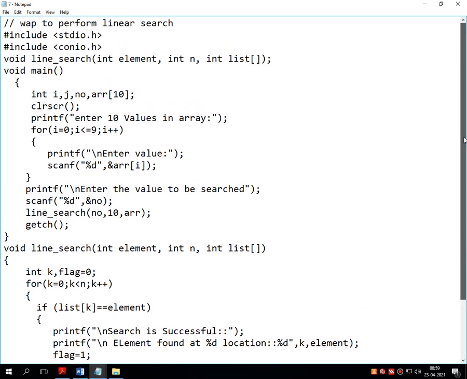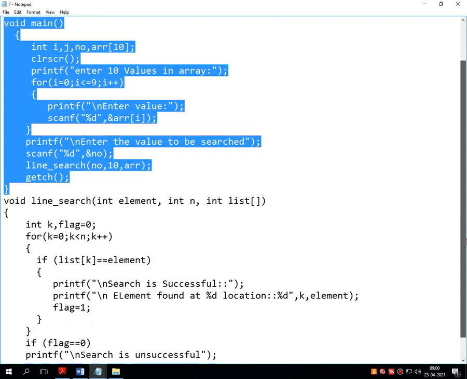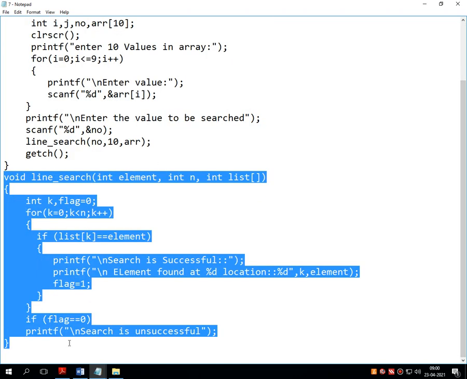Just pause the video and note down the program by writing the definition, that is, write a program to perform linear search. That means pause the video and write down this selected line of code. Again pause the video and write down the remaining lines of code. This program is very simple.